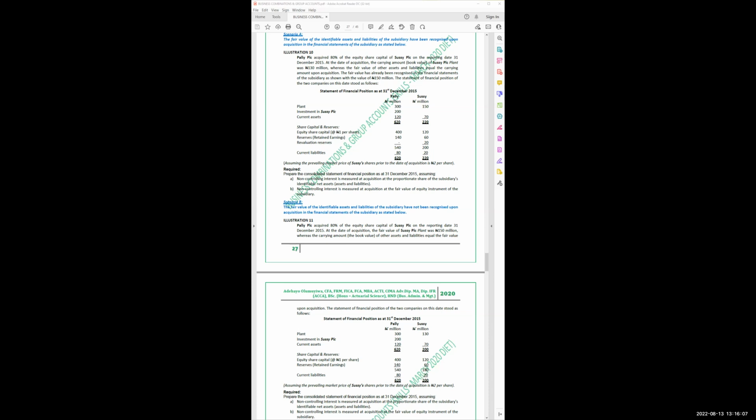The fair value of the identifiable assets and liability of the subsidiary have been recognized upon acquisition in the financial statement of the subsidiary as stated below. Pali PLC acquired 80% of equity share capital of Suzy PLC on the reporting date 31st December 2015. At the date of acquisition, the carrying amount book value of Suzy PLC plant was 130 million. Whereas the fair value of other assets and liabilities equal to the carrying amount upon acquisition. The fair value has already been recognized in the financial statement of the subsidiary as shown with the value of 150 million. The statement of financial position of the two companies on the date is as follows. Statement of financial position as at December